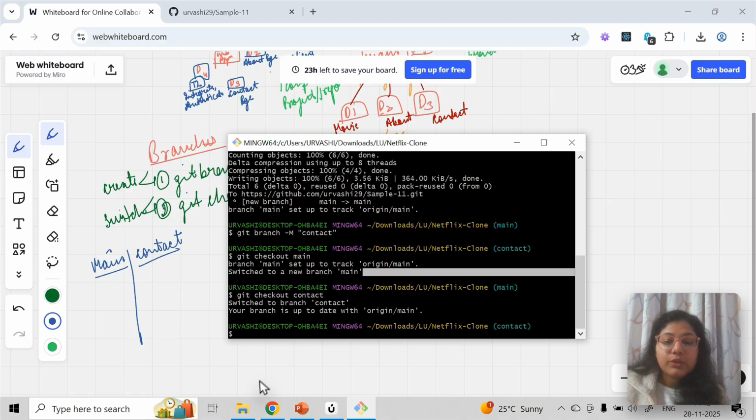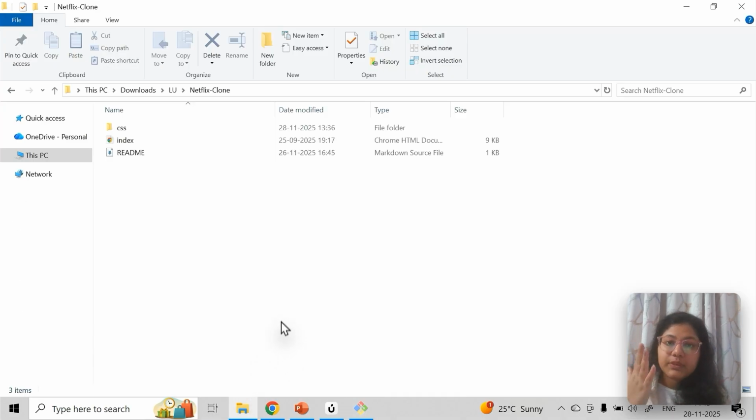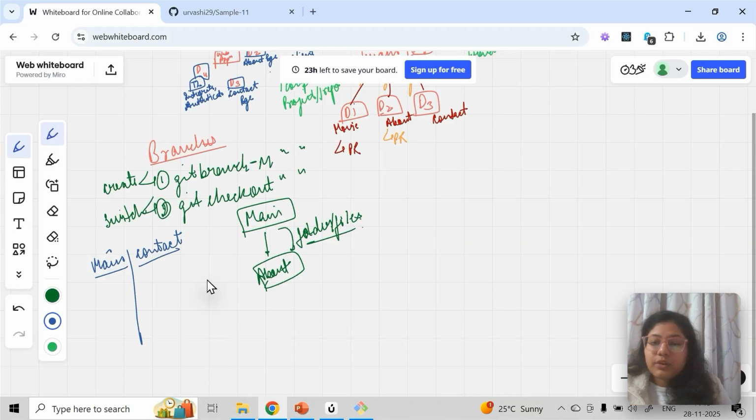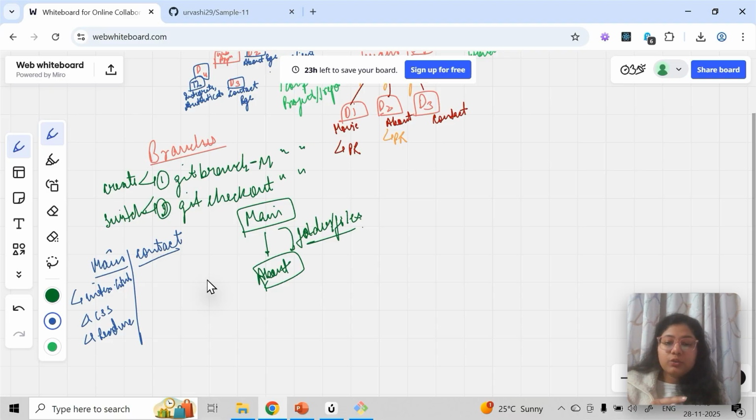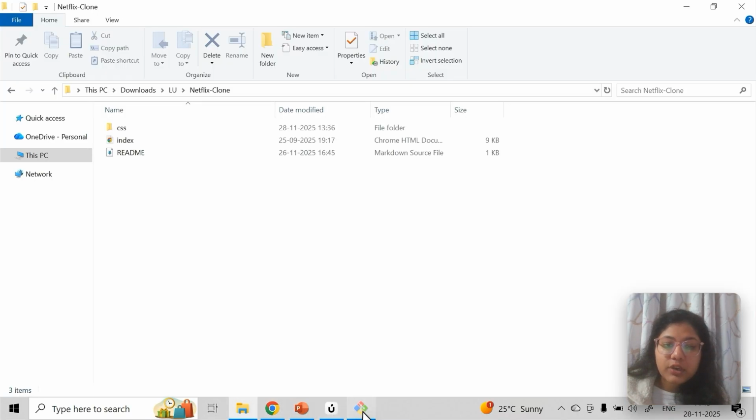Right now I'm in contact. In main we had three files: index.html, the css folder, and one readme file. The same we have here. I told you, when a new branch is created, what files do you see. Right now I'm in the contact branch and I can see the same files here.